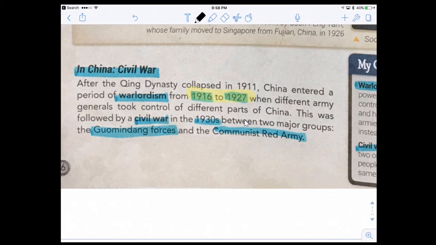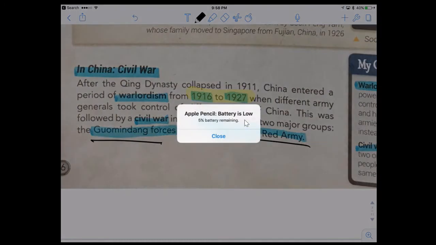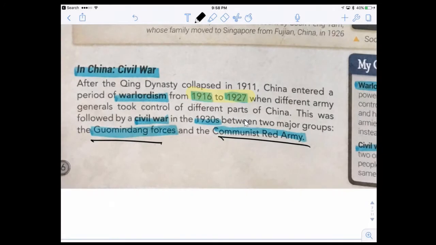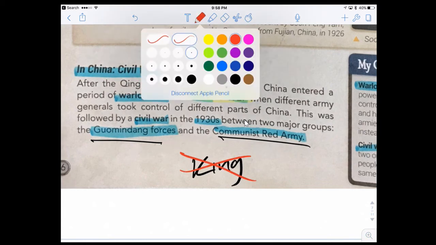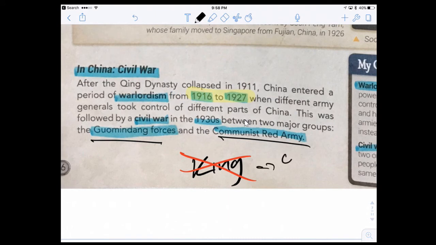People are fighting to have control over a united China. So who are the people who want power? They are the Kuomintang, the people who are fighting for nationalism, and the communists. So you just need to know that these are the two groups that are essentially fighting for control over China after the fall of the king. Once the king falls, different groups come together to claim the right to rule the country.